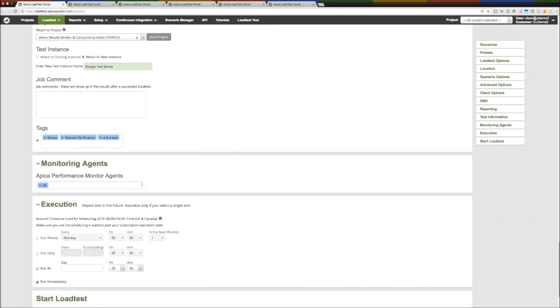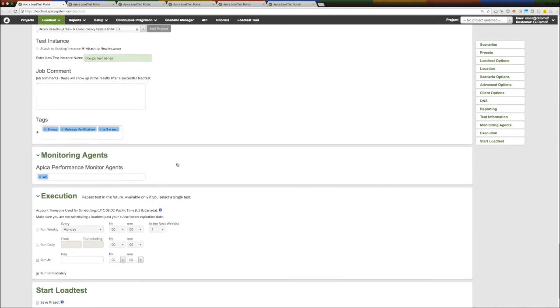Coming down here, we also have our own performance monitoring agents as well. Those are going to be sysstat or perfmon agents, where we're going to be collecting metrics like the CPU utilization, disk, or memory. But this can also be metrics coming from a database and so on. So there are metrics that we can bring into the portal with our own monitoring agents as well if you're not